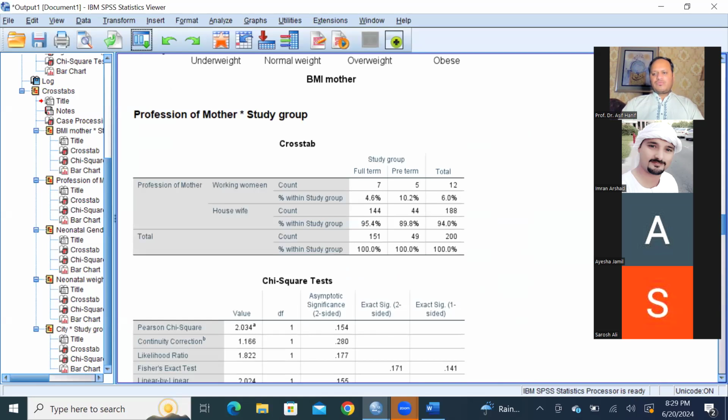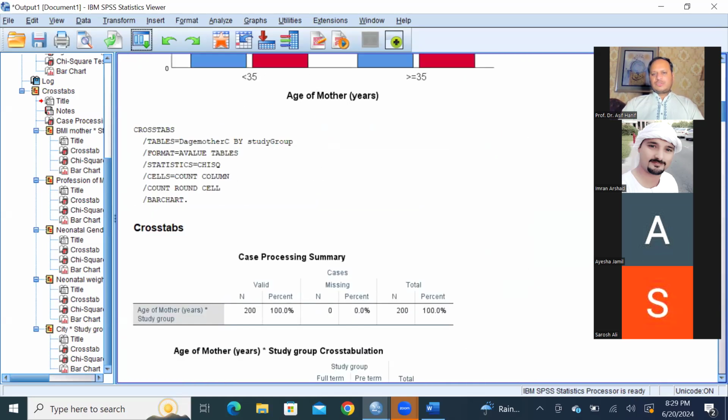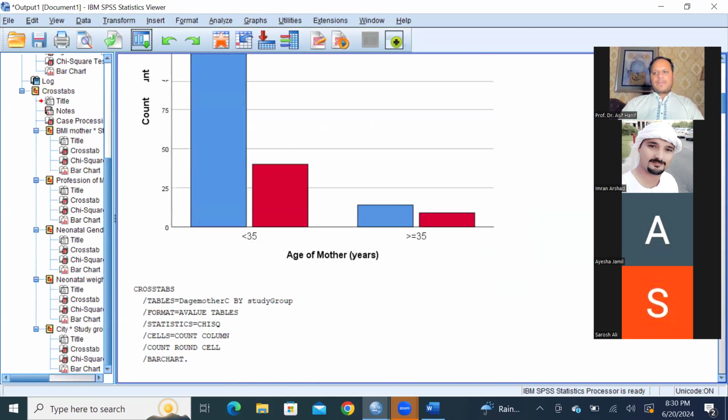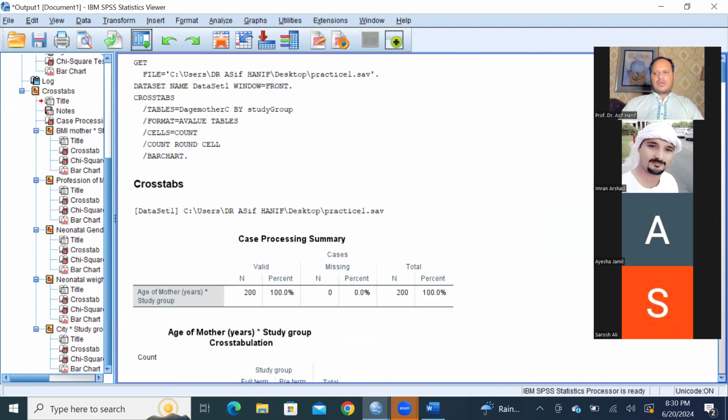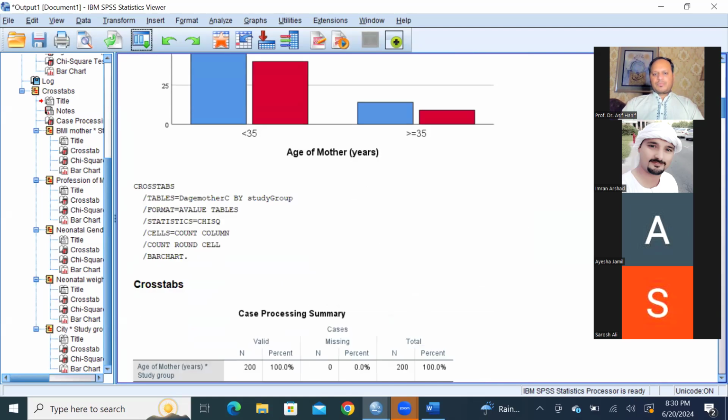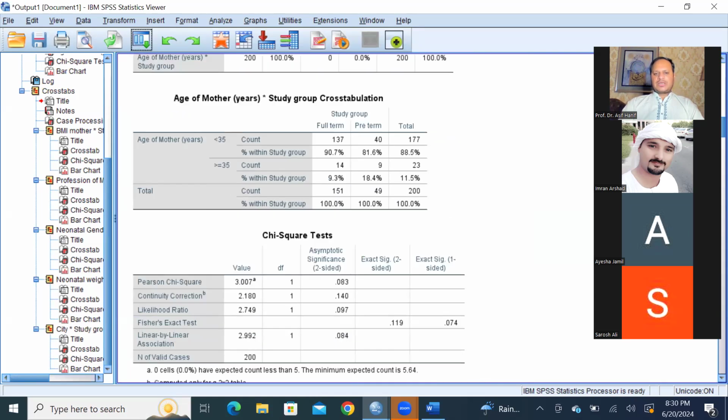Now we will move on to odds ratio. But for odds ratio, you need to manage your data. The variable of your interest should come first. Here, preterm birth was at the end, but for odds ratio, this preterm birth should be here, and this greater than 35 should be here, because as per the formula of odds ratio,